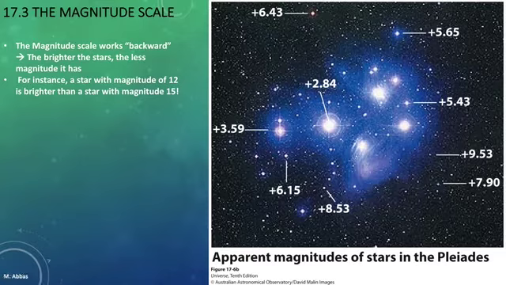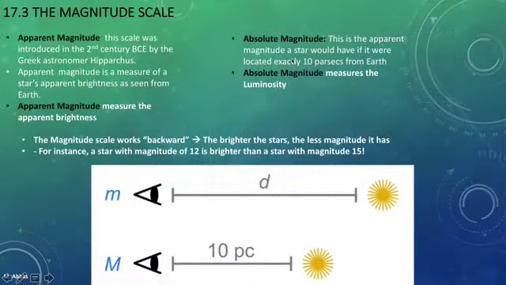It goes the opposite way. Look at this star. It is very dim. Its magnitude is plus 7.9. Look at this star. This star is brighter than this star. So of course it must have a magnitude less than 7.9. Of course, you will never be asked to tell me which star has what magnitude, but you need to give me things in perspective. For example, if I tell you that the magnitude of this star is plus 3.5, and then I ask you what is the magnitude of this star here, which is very dim,